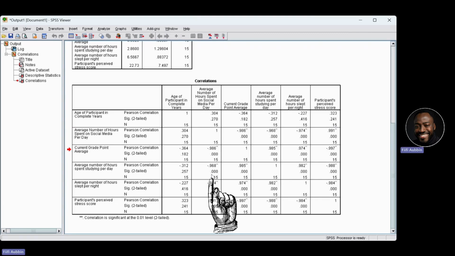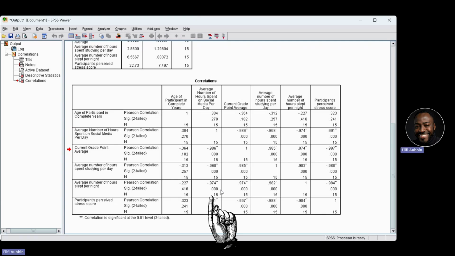Then when we look at sleep hours, okay, social media usage and sleep hours, the correlation coefficient is 0.974, which also indicates another extremely strong negative relationship. And students who spend more time on social media also tend to sleep fewer hours each night. And again, the relationship is statistically significant because the p-value is below